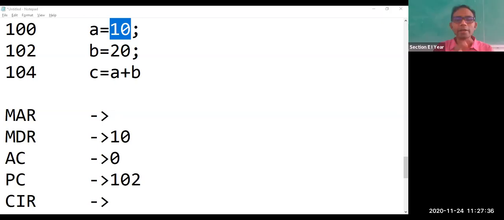1001 will be there in MAR first. Then after that, copy 1020. Then copy that into C. So what will the accumulator be having? First, the accumulator will be having the value 20. We are going to execute from right to left, right? So first the accumulator will be having B. The accumulator will be having value 20 first.